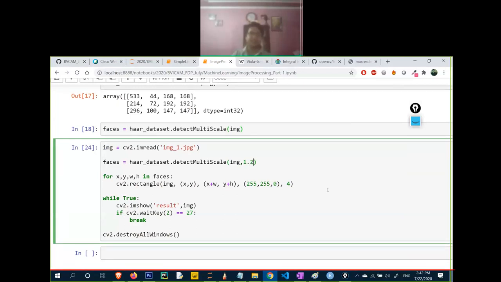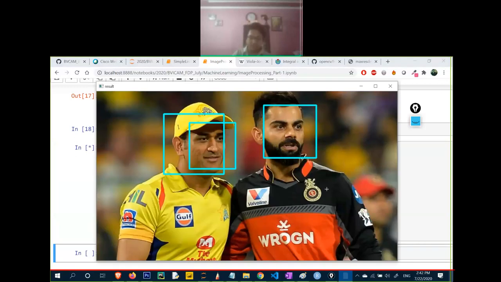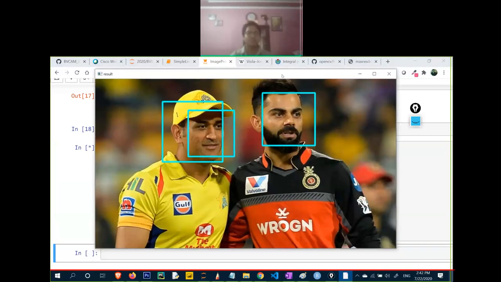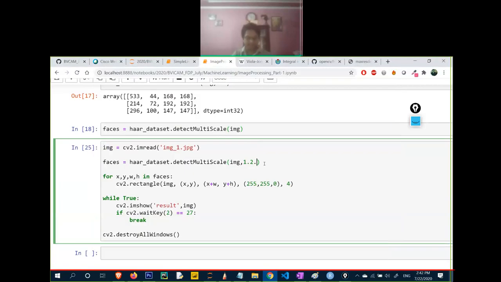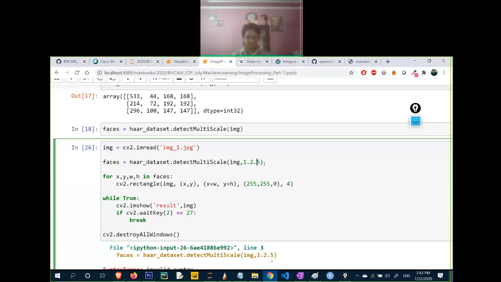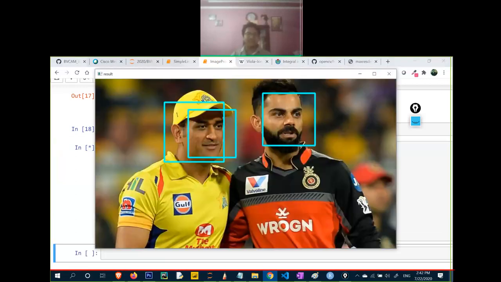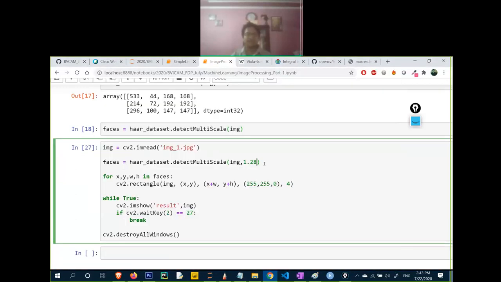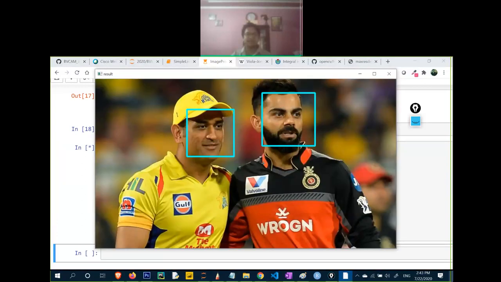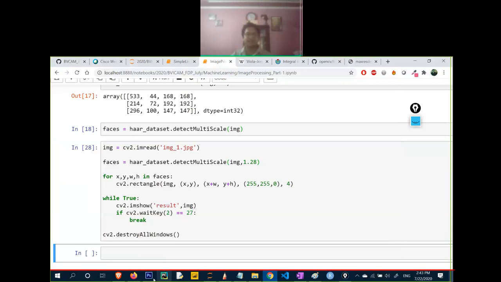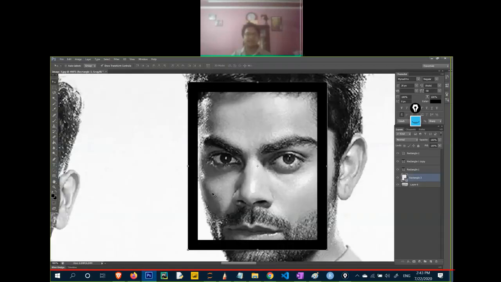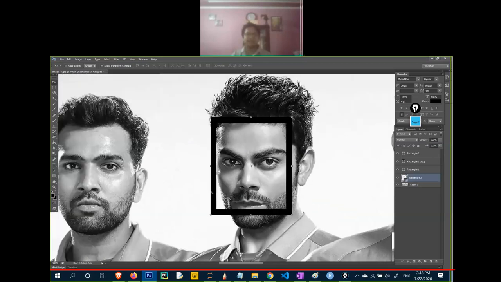Okay, sorry. So I just removed 1.2 from here. Now these are the three faces that it is showing. Still, I want to see only two faces. So I will scale a few more, like 1.25. Well, maybe I will get the correct answer now. 1.25 means 25% zoom in. Finally, we got the correct answer. So we have to zoom in a little bit. It makes it easier for my system to detect the edges. Whenever you zoom in to an image, it makes it easier for the computer to detect the edges.